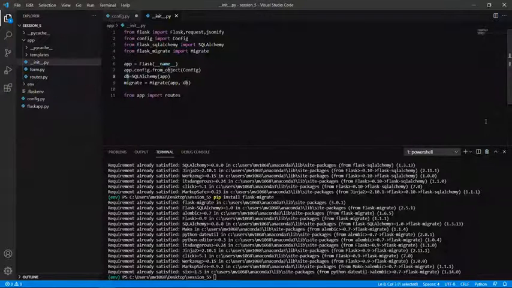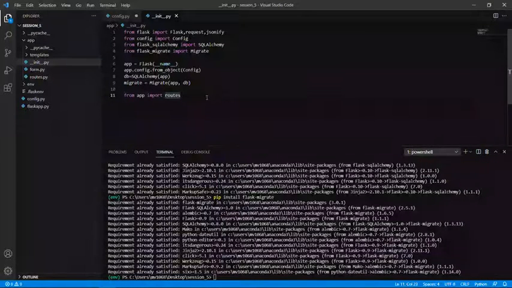So let's add this. And then one more thing we have to take care of is the models. We have to add a new module named models, which will define the structure of the database, that is the columns and all the information. This whole structure of the database needs to be defined in models.py.